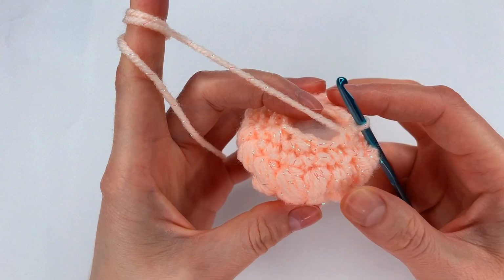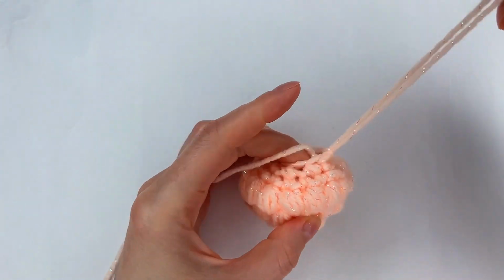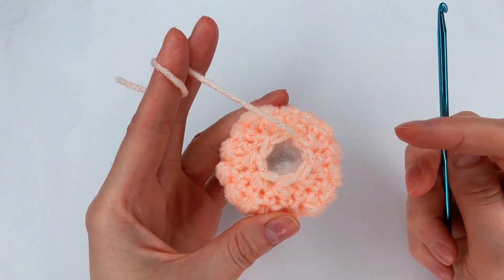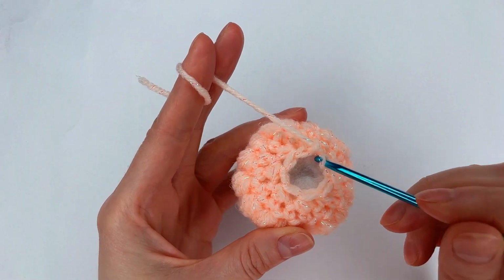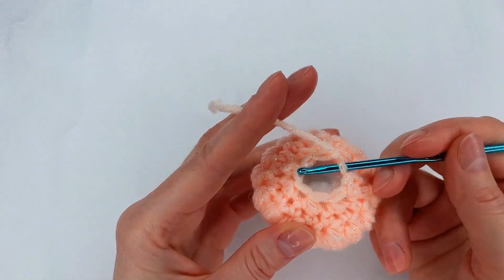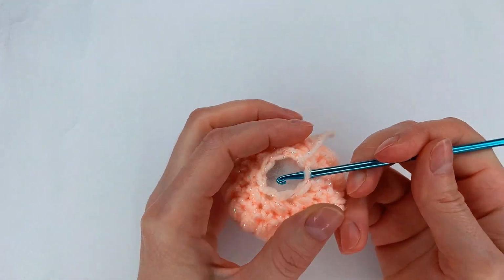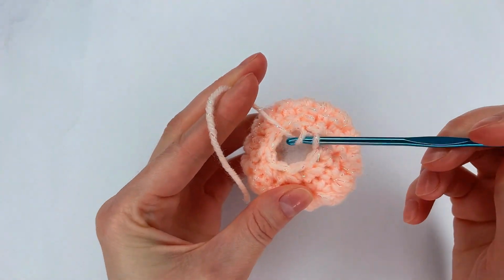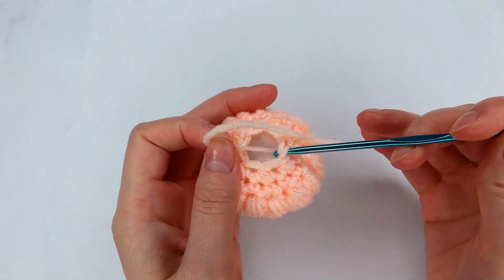And now I go right here and I make a slip stitch and I cut my yarn, I leave a little bit longer. And now what I do is I go in each back loop of each stitch. I grab the yarn, pull through. Now I go to the back of the next stitch, grab the yarn and pull through, back loop to the next stitch, pull through,